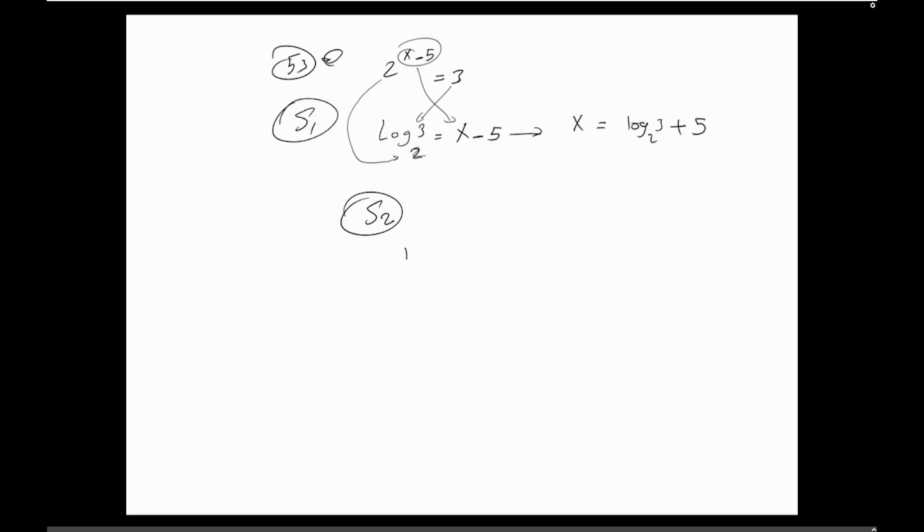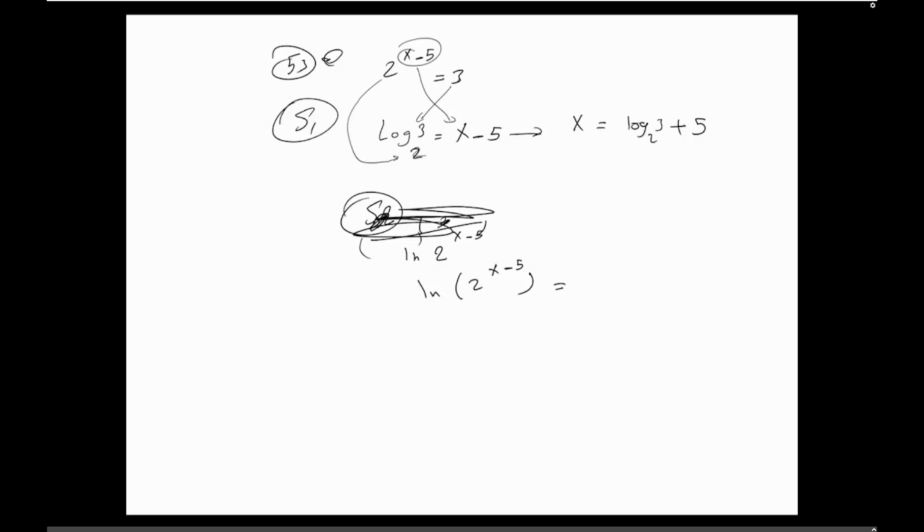The second solution for that is we're gonna use the ln, and as you guys know, we're gonna use one of the ln equations. So first let's add the ln, so we will end up with the value like this. Just let me write it one more time. Ln 2 raised to power x minus 5